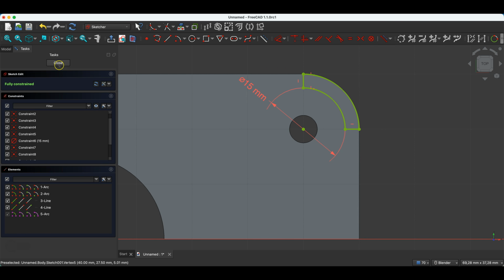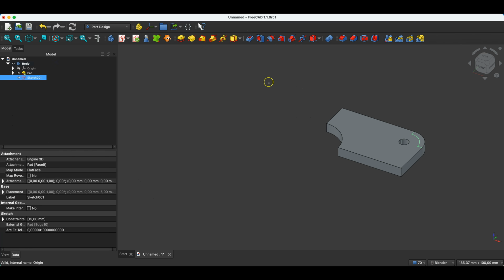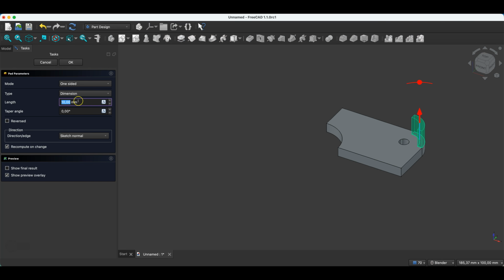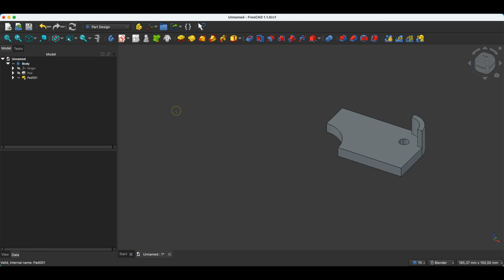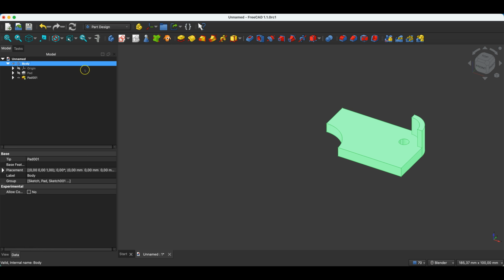Now I close the sketch, and based on this sketch, I create another solid fragment by extruding the sketch to 10 millimeters. I click OK, and we have something like this. And now, based on this solid, we'll create mirrored copies about the YZ plane and the XZ plane. And we will do this using the MultiTransform operation. Select the entire solid, select the MultiTransform operation,